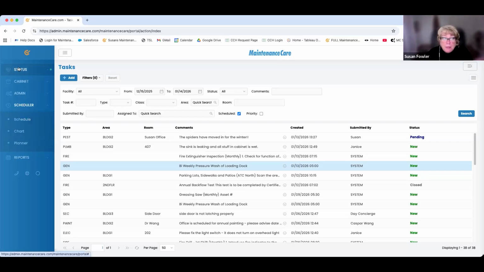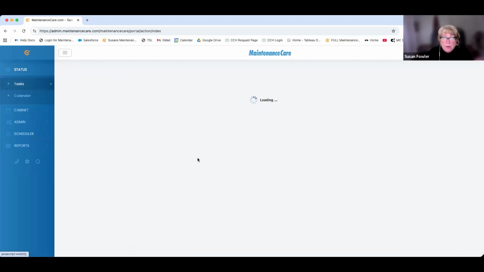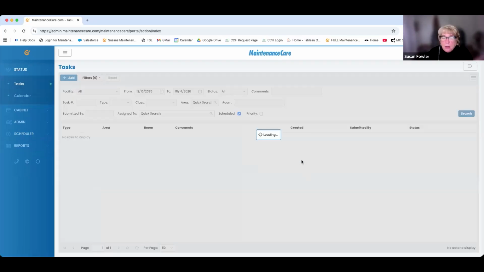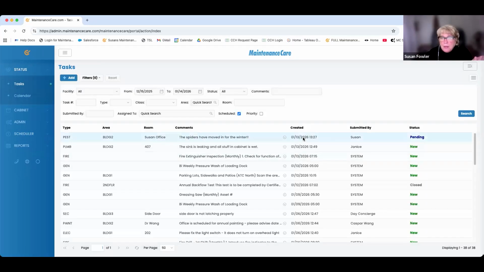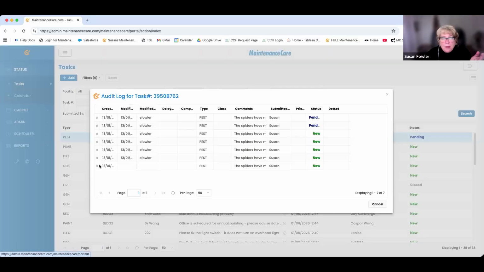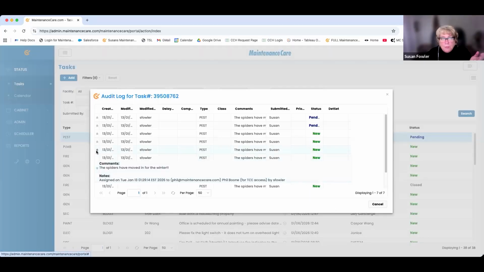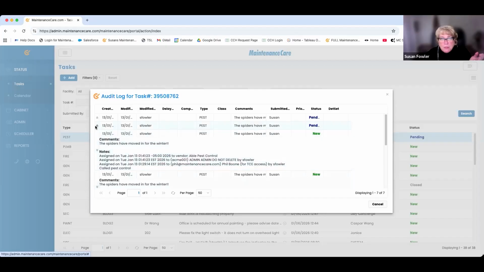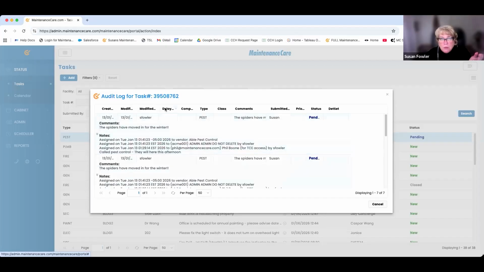I'll show everybody what that looks like, because most people aren't aware that it even exists. If I click on that task and right click, this little menu opens and you will see an audit log here. The audit log records every time somebody makes a change to the system. It will show you who last modified it. So then to answer your question,